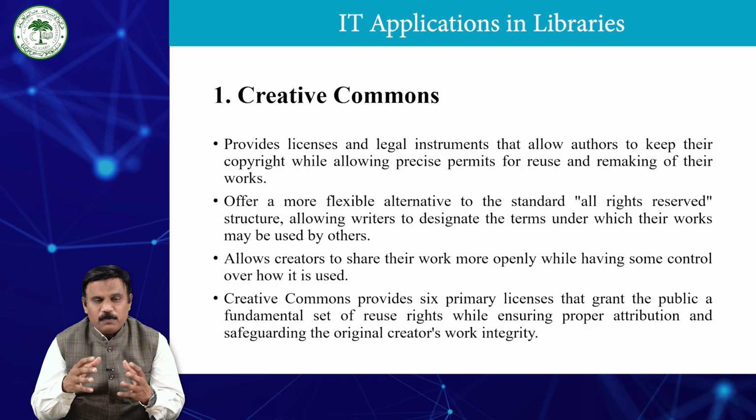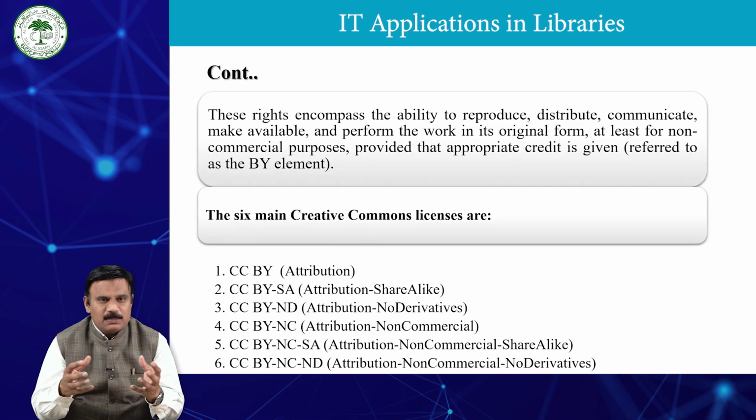Creative Commons provides six primary licenses that grant the public a fundamental set of reuse rights while ensuring proper attribution and safeguarding the original creator's work integrity. These rights encompass the ability to reproduce, distribute, communicate, make available, and perform the work in its original form, at least for non-commercial purposes, provided that appropriate credit is given. The six main Creative Commons licenses are